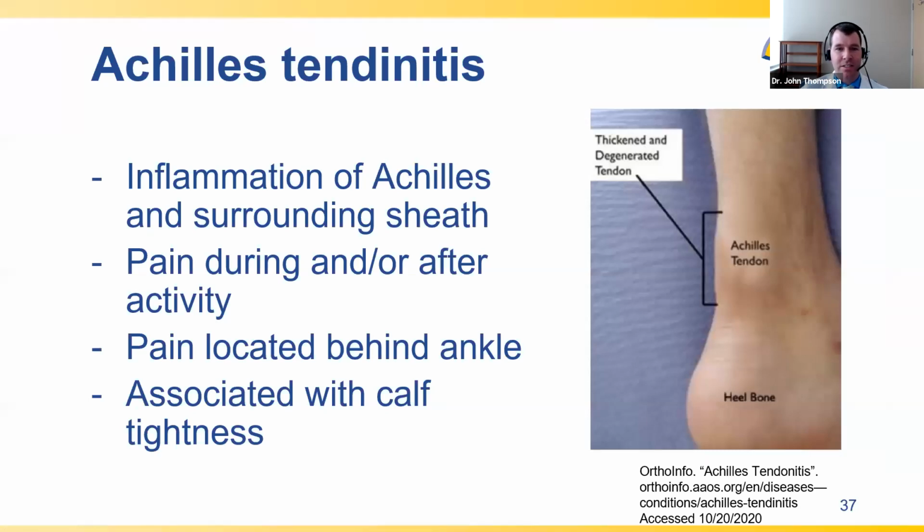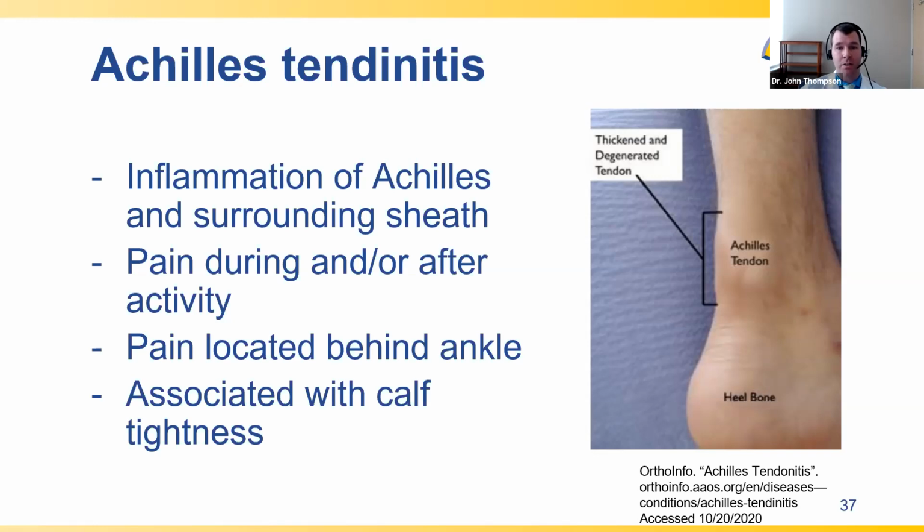So Achilles tendinitis involves inflammation and some degeneration of the tendon substance and inflammation of the surrounding tissue, which is called the peritoneum. Pain is located in the back of the ankle, and it occurs during or even after activity, particularly with high impact activities like running or jumping when pushing off, a mechanism called plantar flexing the ankle or pushing your foot down. There may be some thickening of the tendon, and there could be some mild associated warmth or tenderness in that area.